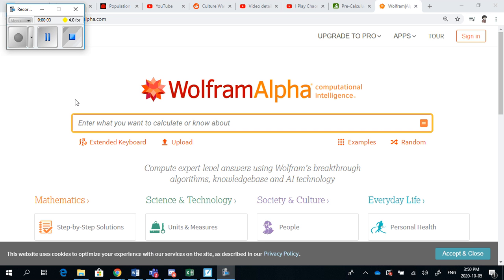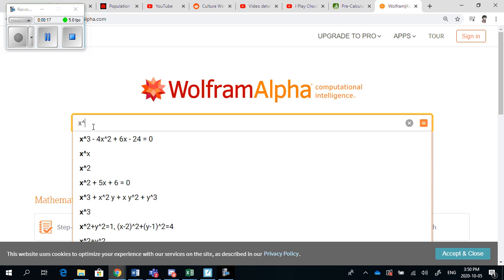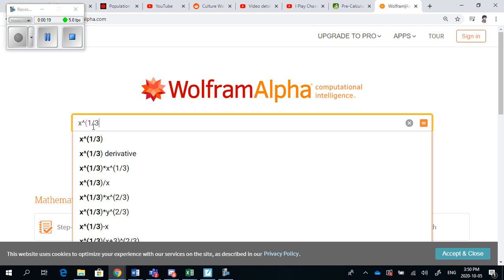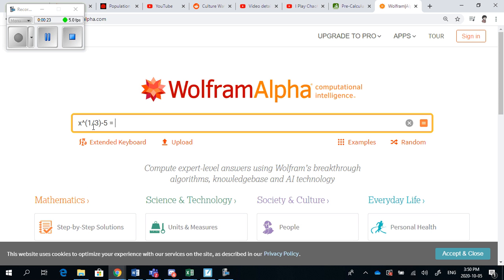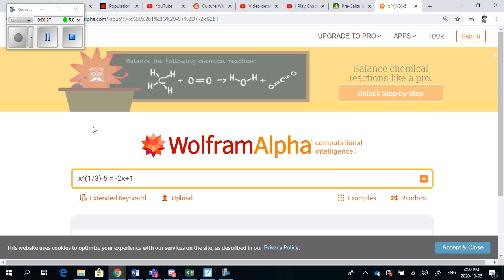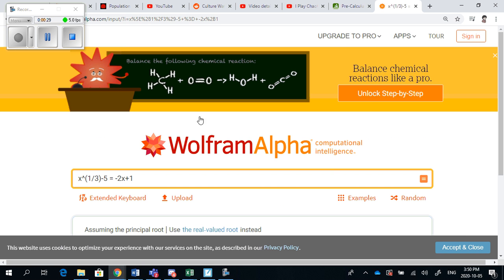Okay, so if we want to solve these sorts of radical equations using technology, it's pretty darn straightforward to do so. You just put it into Wolfram and see what comes out. So like the first one, for example, wants x to the power of 1/3 minus 5 equals negative 2x plus 1. And if we plug that into any sort of graphing software like this one,